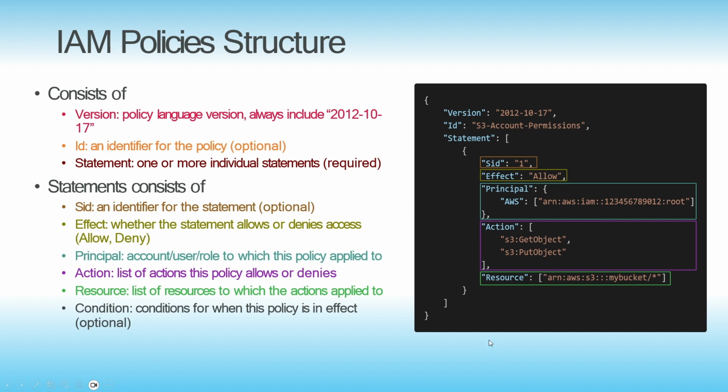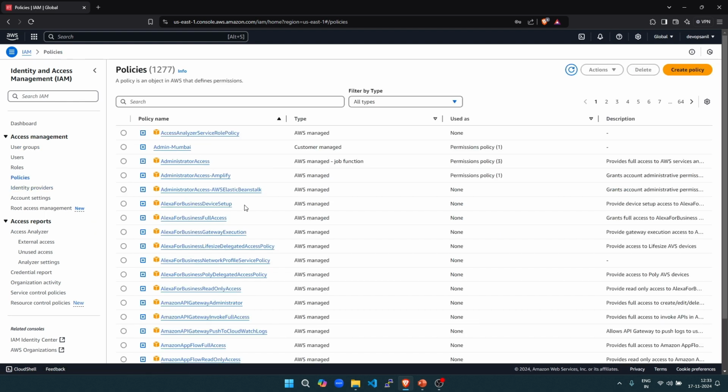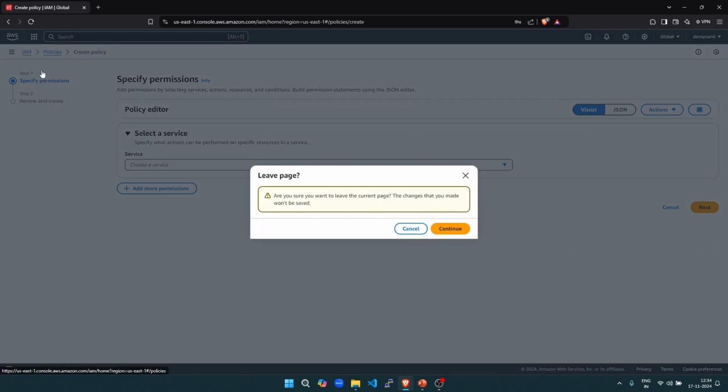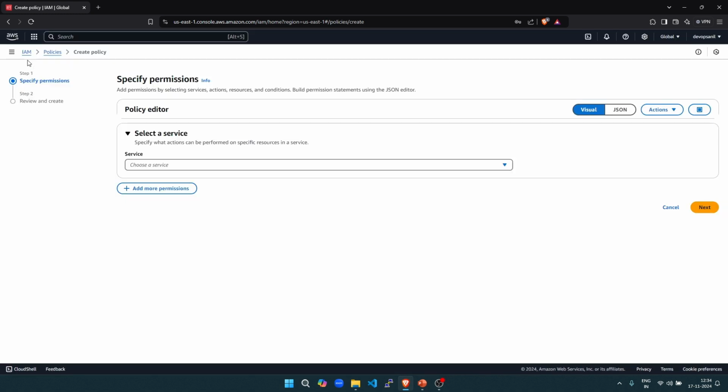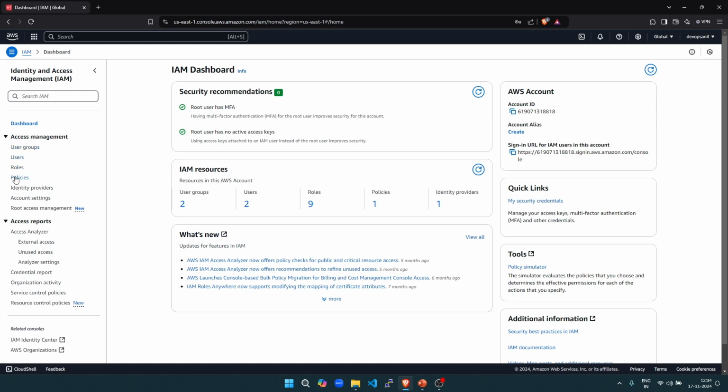So let me create this for our example in our AWS account. So let us create a policy directly. This time I'm not going to use user defined. I'm going to create a new policy which will create the bucket. I will provide the access of creating a bucket and so on. So how we need to create it, sorry, let me go back again. Here I need to just click on Policies,